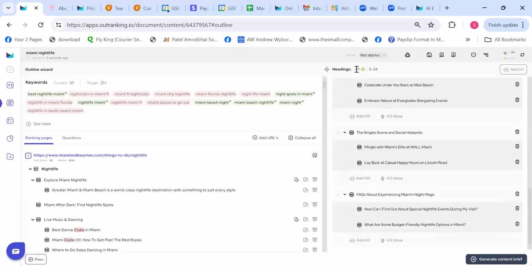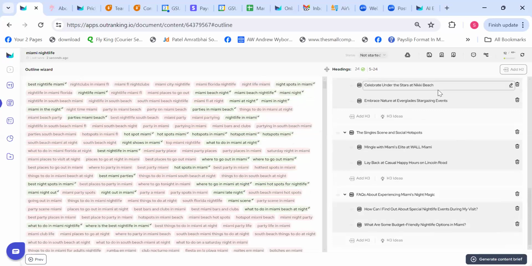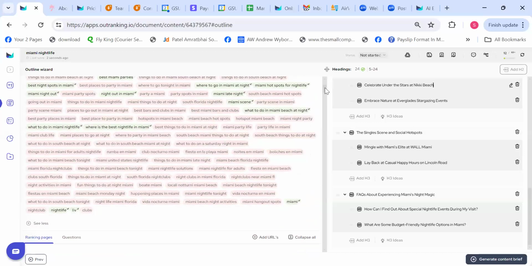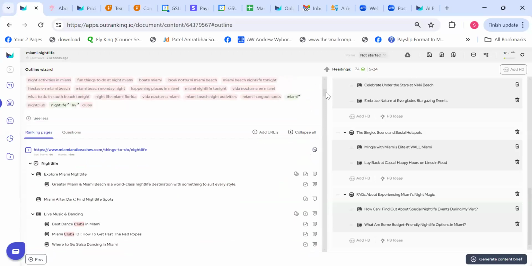Let's just keep 24. And yeah, on the left side of the screen, you will see that these are the keywords that you need to try and target in your outlines. So these are also the search terms for headings along with the related keywords. Look into it, and whatever makes sense to you, you can add them manually here if you want to, and there are ways to add it later on as well. So here is the entire keyword section for adding it in your outline only. And you already have 37. The target is 21. So you're good to go anyway, but you can add more if that makes sense to you.